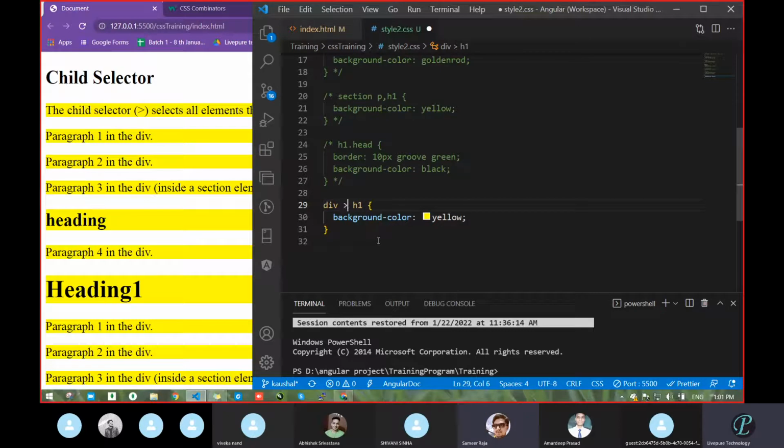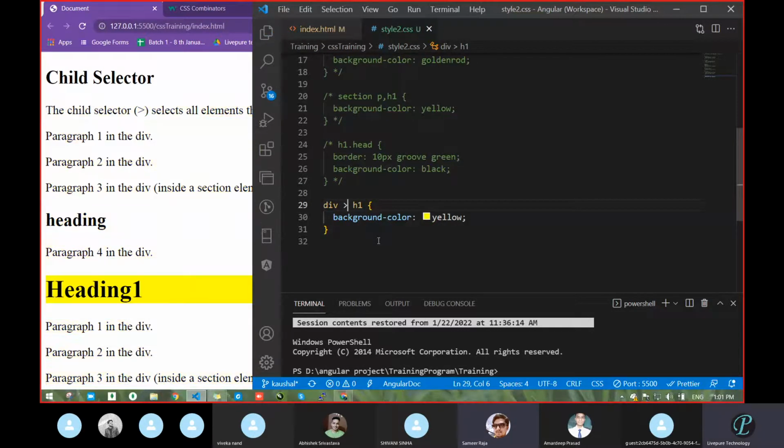Now it will focus only on which heading gets affected: the one that comes under a child. How does it identify a child? With the help of this greater than symbol. Child of which one? Div and H1. It will search for the relation between div and H1.